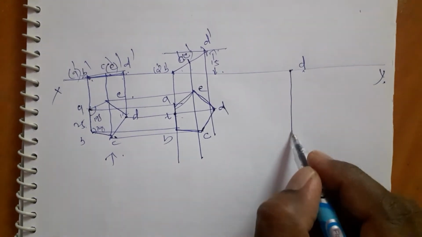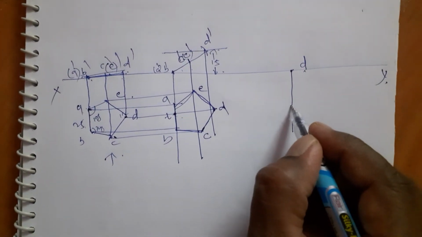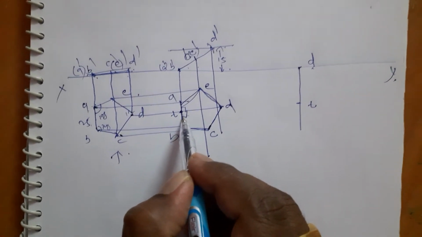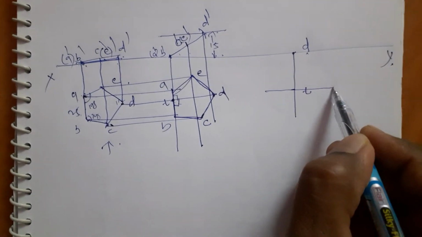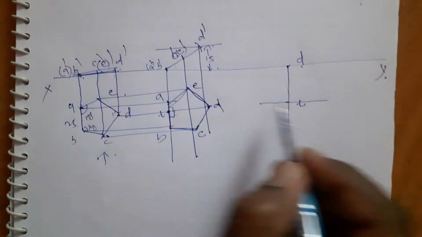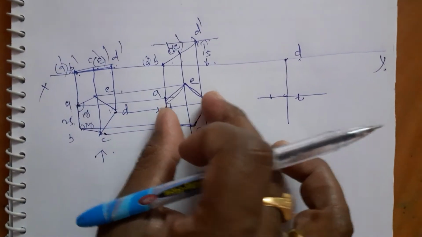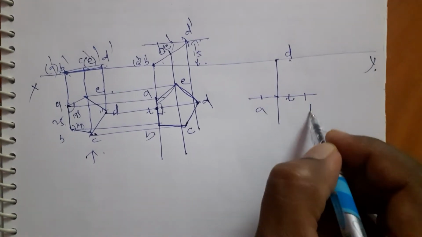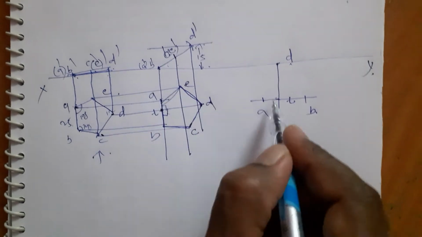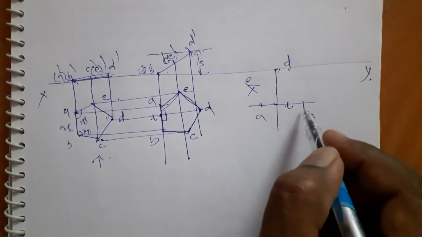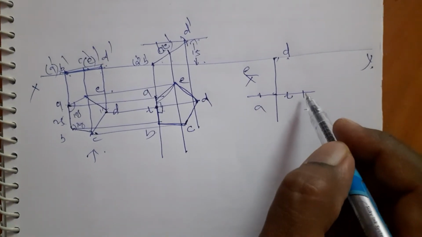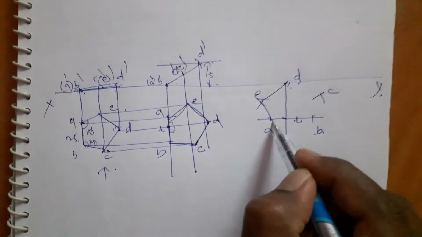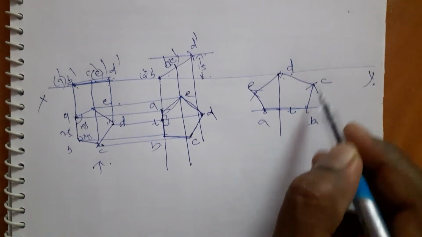I will draw a straight line from here to here. I will measure, that is my point T. Then you know that this is 90 degrees. So I will draw a line from T to A. I will measure T to A. A will come this side. T to B, measure this A, B. Now you can easily measure A to E, D to E. When you know 2 points, you can transfer a third point. This is our basic funda. B to C, D to C. This is happening: A, B, C, D, E.